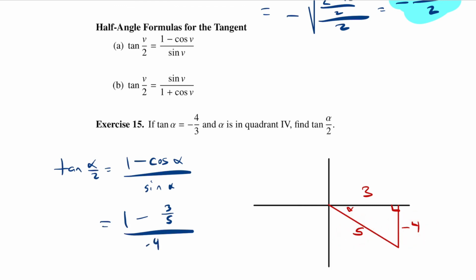And remember, we can change this one to be 5 over 5 to have a common denominator. And so we end up with 2/5 over negative 4/5, which is 2/3 times the reciprocal, negative 5 over 4. You get some cancellation here. And so you end up with negative 5 over 6 as our final answer. And that completes the